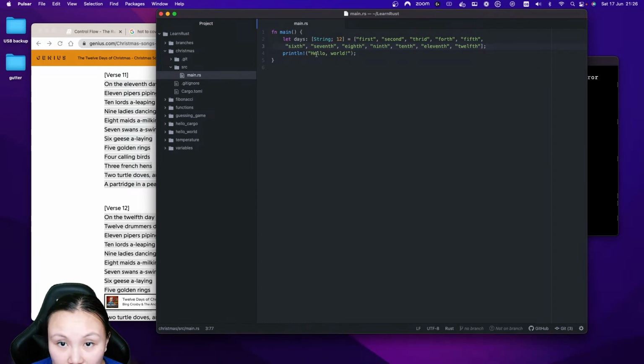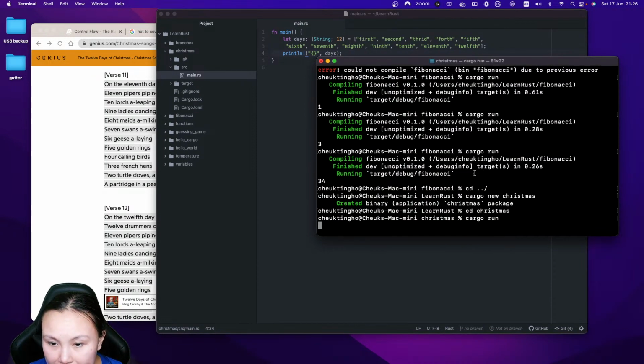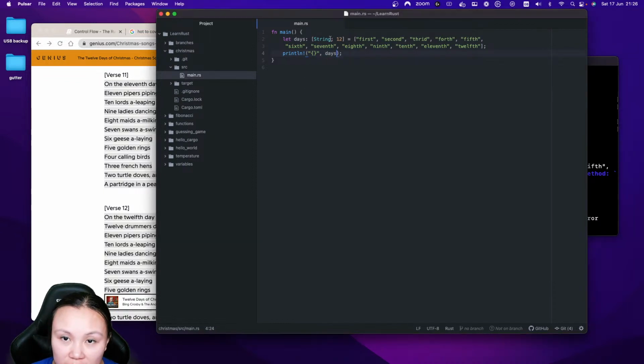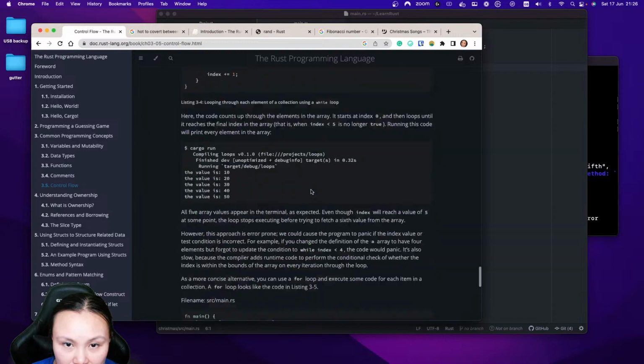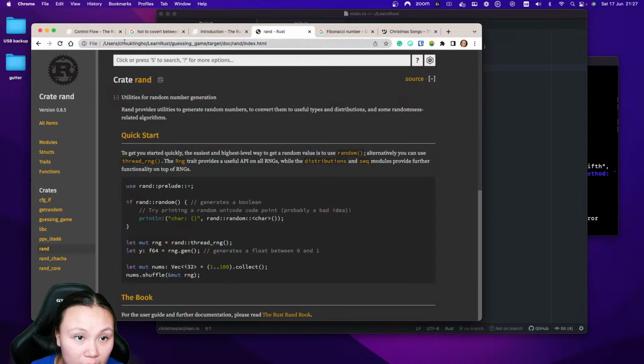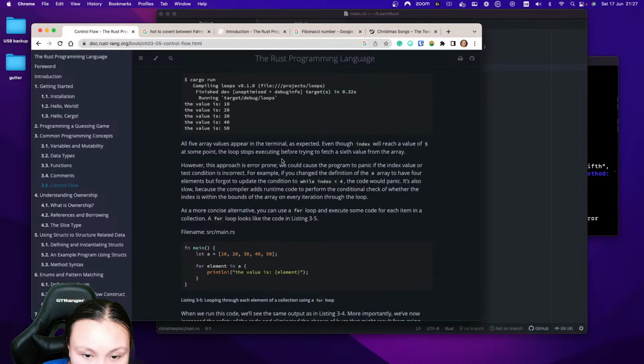You can print hello world or print. Can I just print days? Maybe I can. I don't know. Let's see. Oh, expected string. I found the end string. What should I do? Is it an end string or is it how to declare a string? How to check what's the different type of things? I need to do something like no, not this. I don't know the string type yet, so